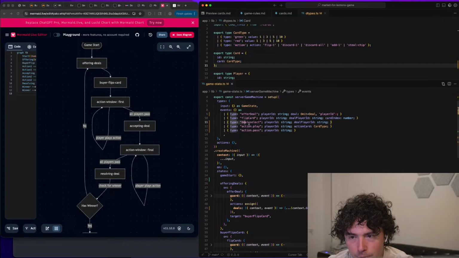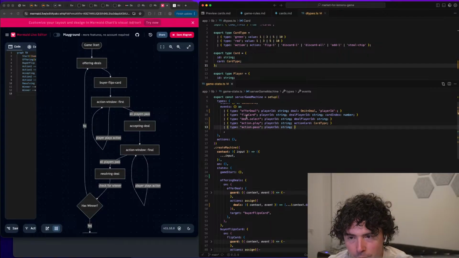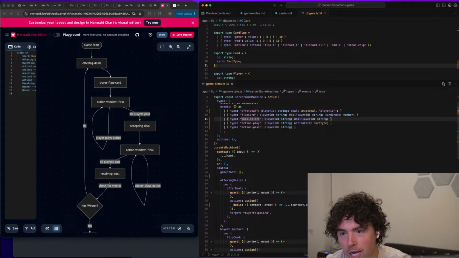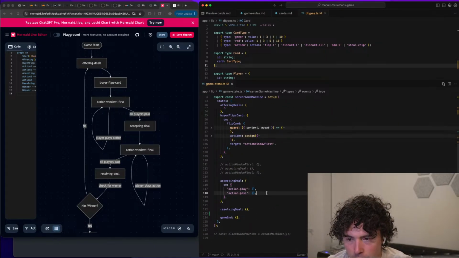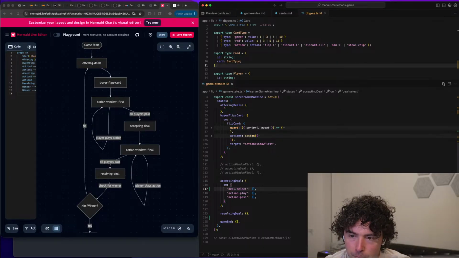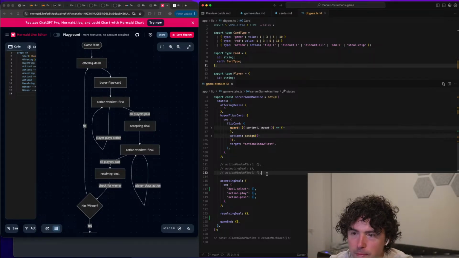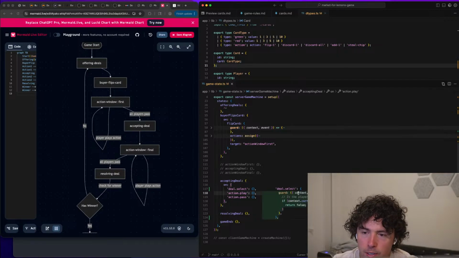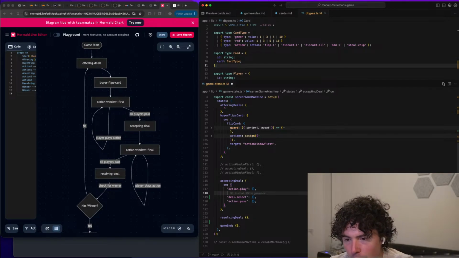Okay. Let's look at these 3 event types and implement them down here. Deal.select, action.play, action.pass. Play, I already have those 2. Deal.select. Okay, so yeah, maybe we do this order. So action.play is going to matter based on,